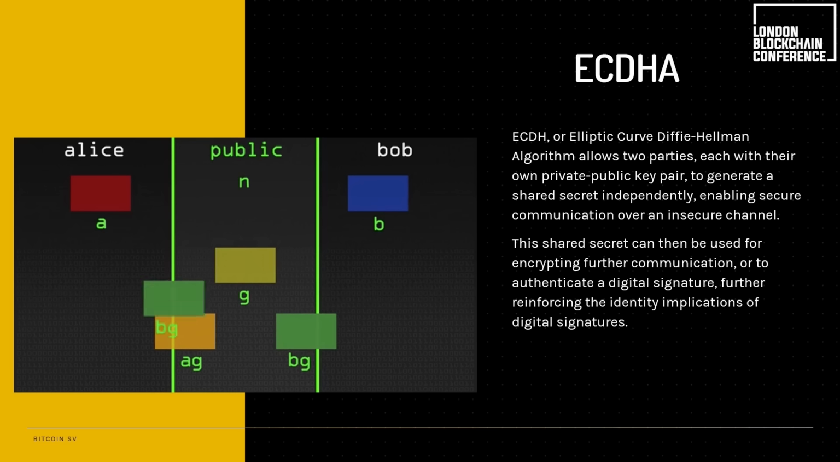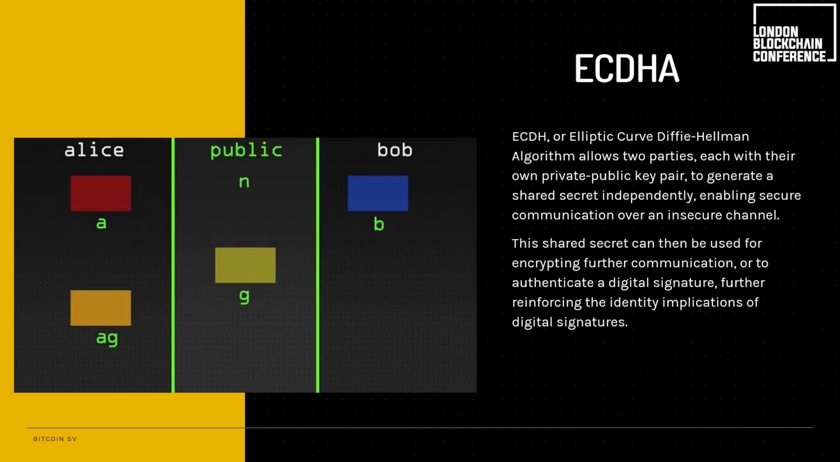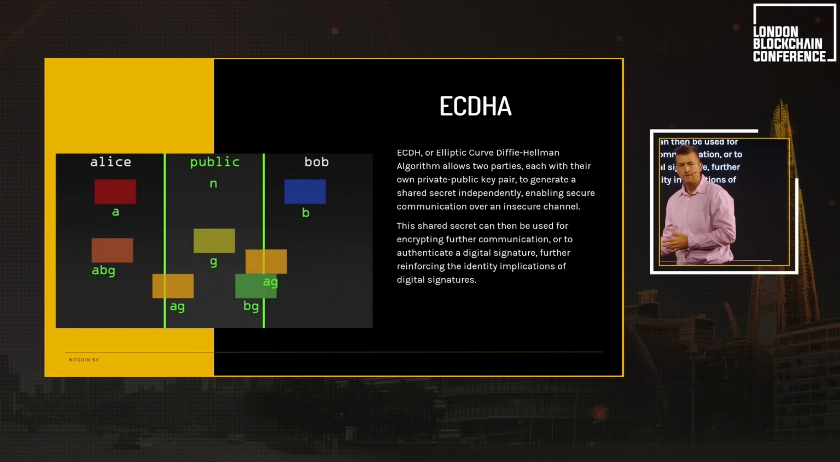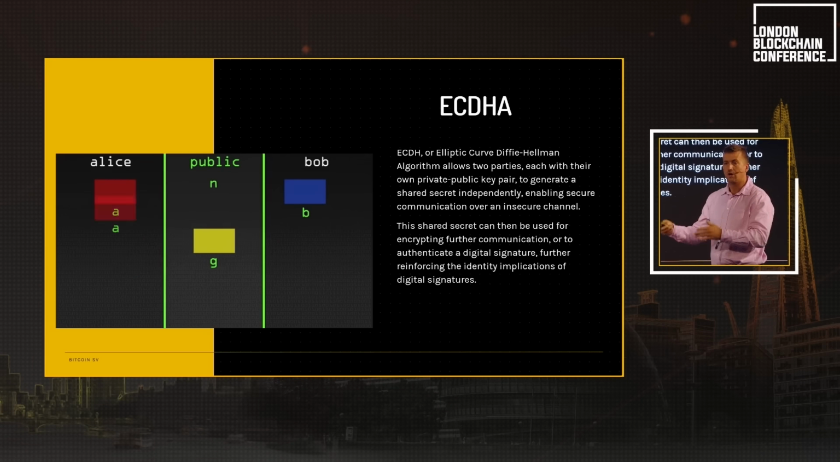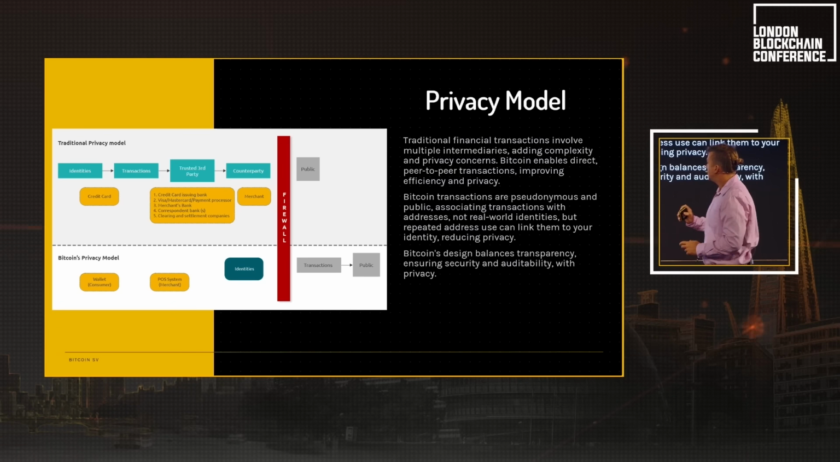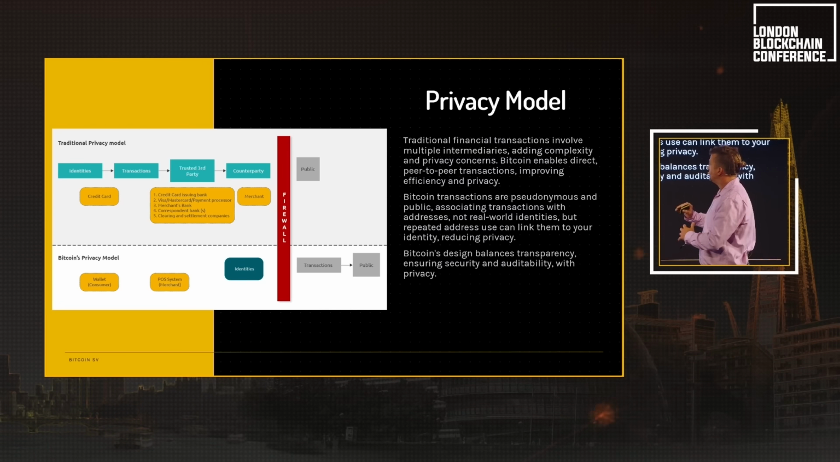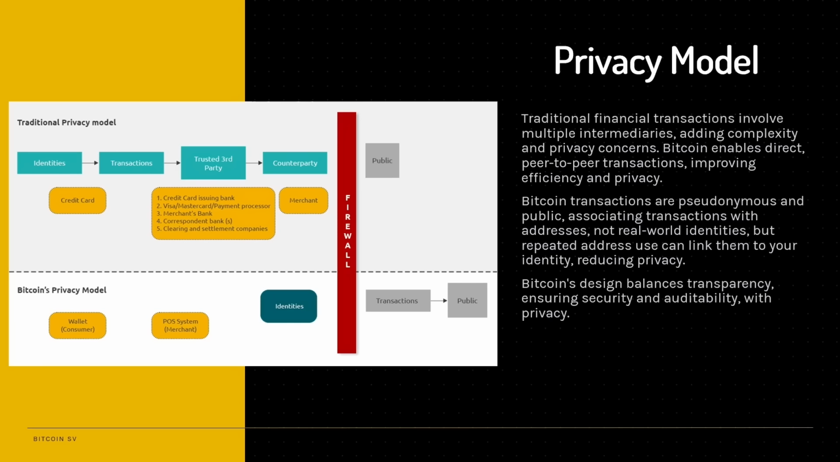And through that process of factorization, you end up with the same value that only you guys know. You can use that value to encrypt communications or to derive other key pairs that both parties will know are going to be generated. And so that allows us to create this innovative privacy model and identity system, wherein